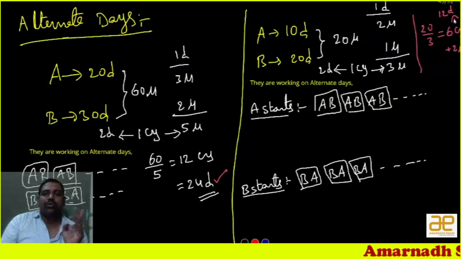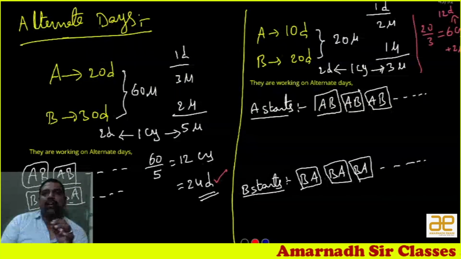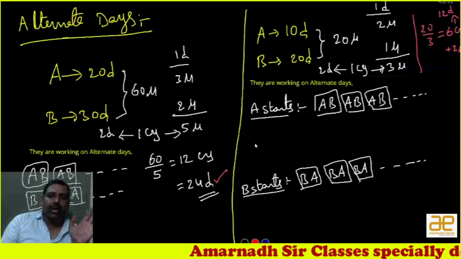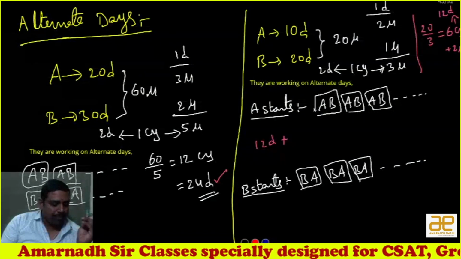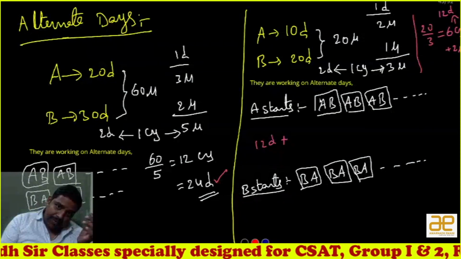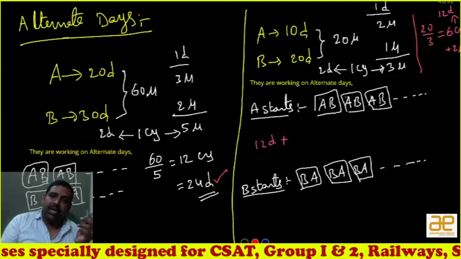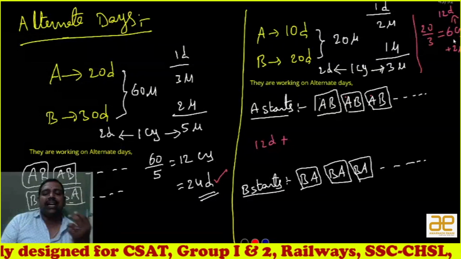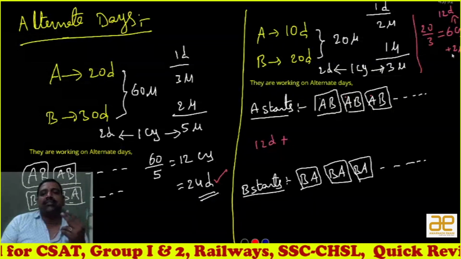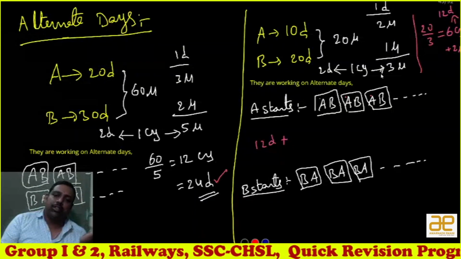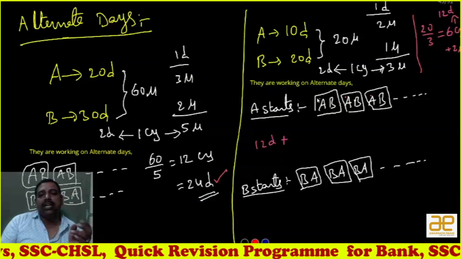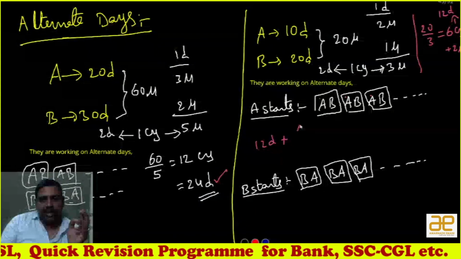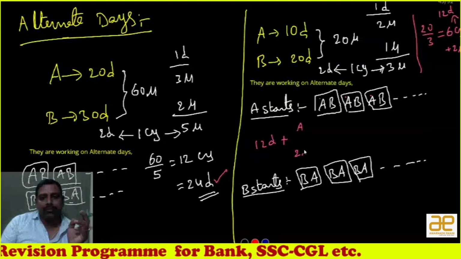Okay, one thing is sure that whether A starts or B starts, 12 days is mandatory. Suppose A starts the work, every cycle is started by A, right? So 6 cycles completed means these 2 units come under the 7th cycle. So the 7th cycle will also be started by A. That means these 2 units are subjected to A.